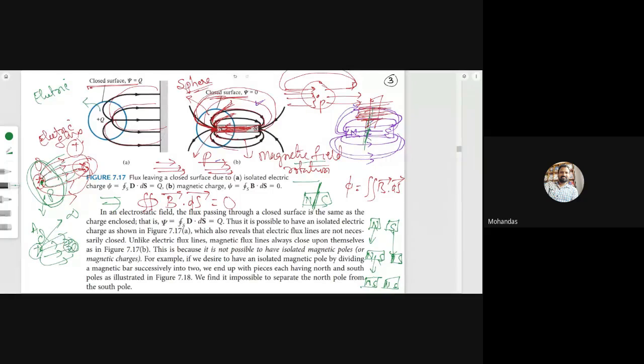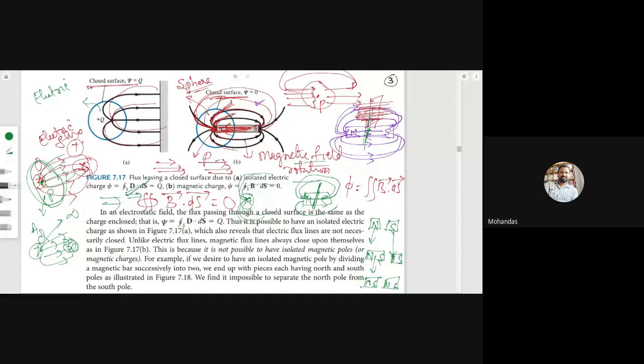That means we cannot separate north and south pole. Suppose only north pole exists. Always the flux lines are leaving only. Then this equation is not possible. If you were able to separate north and south pole, then this equation is not possible. As we are unable to separate north and south pole, this equation is possible, because both north pole and south pole combinedly together: north to south and south to north.